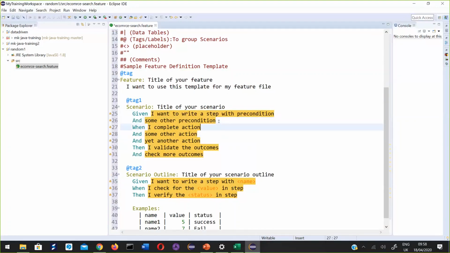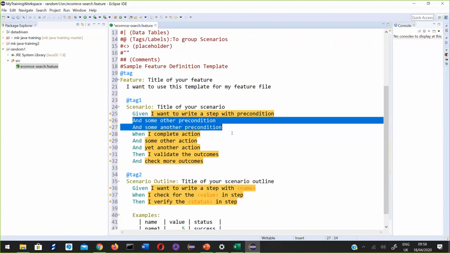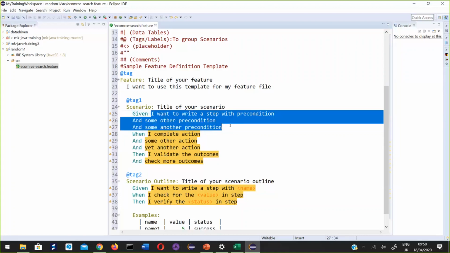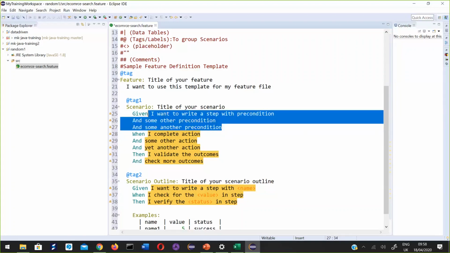Suppose there is a third precondition also. Simply separate them by AND. Any number of steps following given until the next when are all preconditions. If I write one more, that will be another precondition because it is still under given.